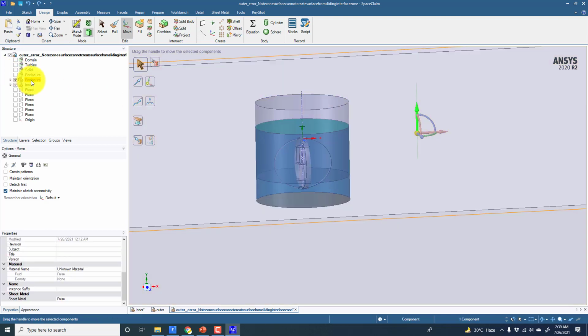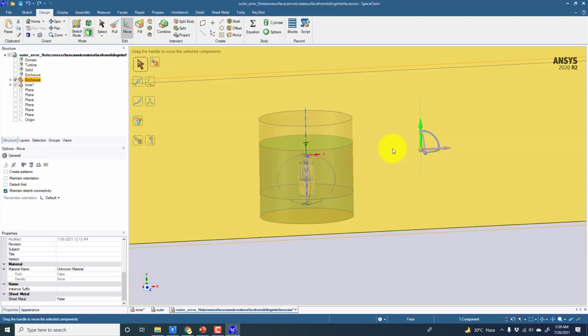First of all, I will select this outer domain geometry, and then move this arrow onto this top surface, because we want to match this surface to the surface we have in the inner domain. Just drag the arrows, these three triads, onto this surface.